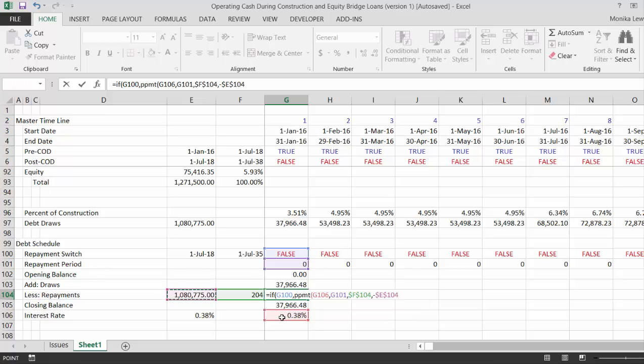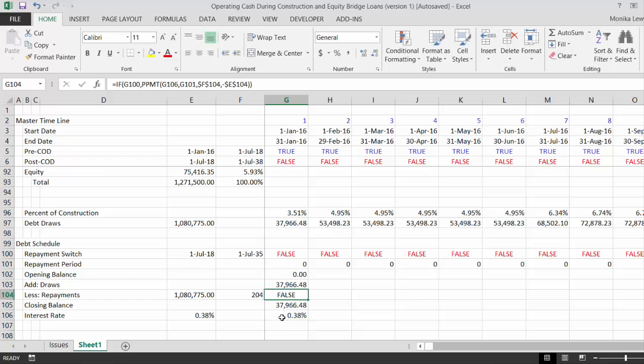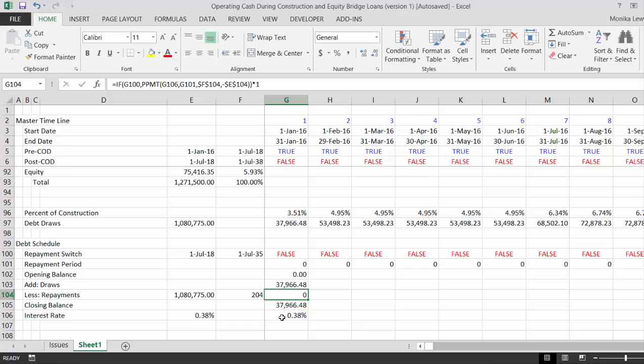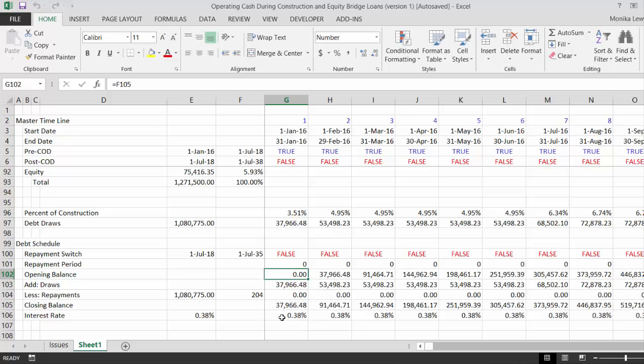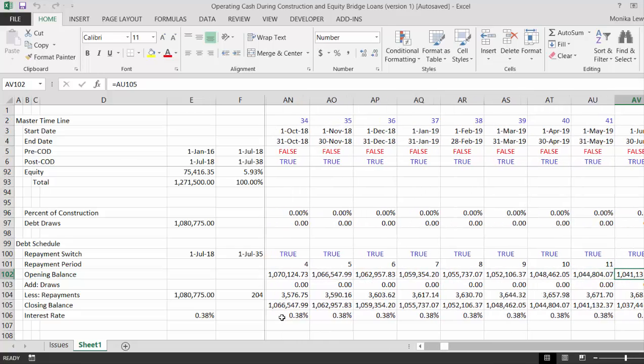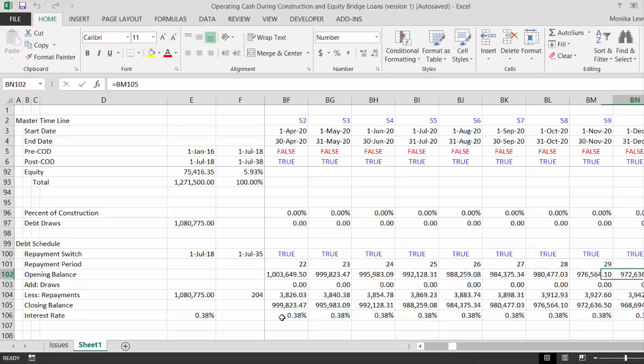And press the F4. Okay, and I suppose we can multiply by 1 to get it to be 0. Okay, and Shift Control R, and let's see, we go across, and then we're repaying the debt, hopefully,